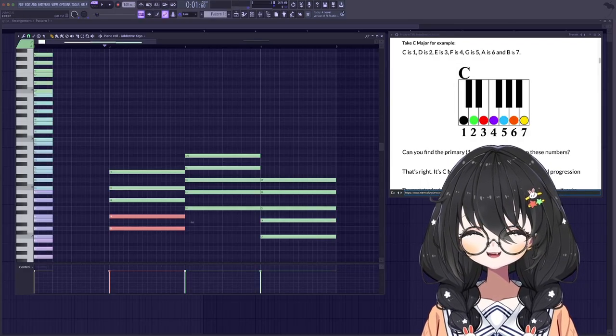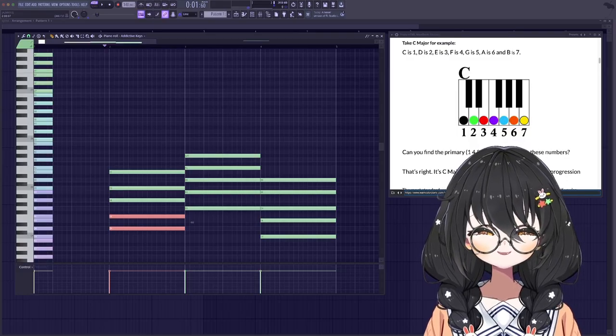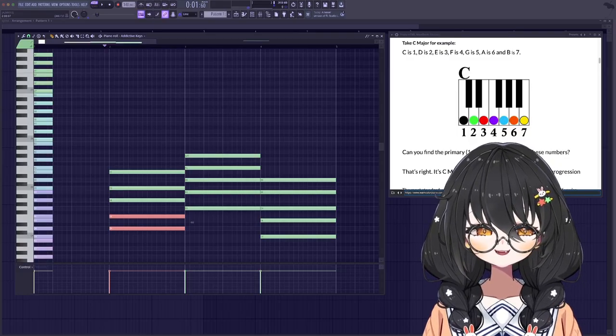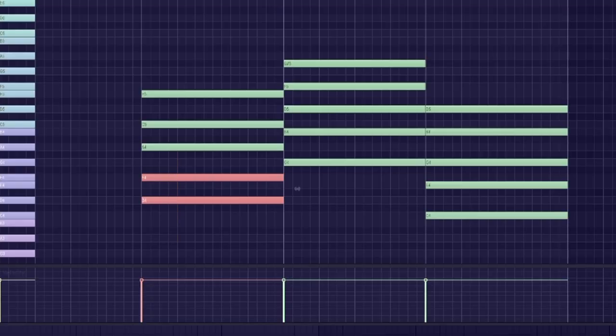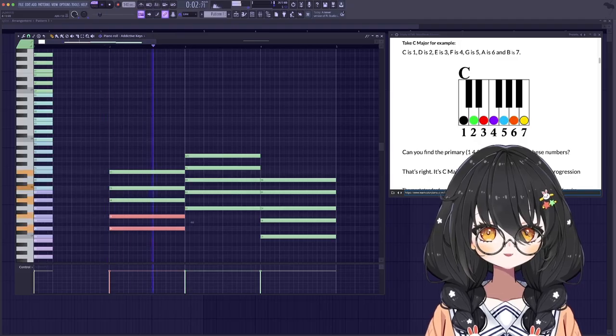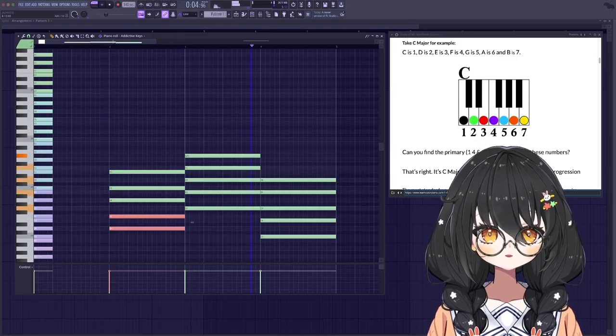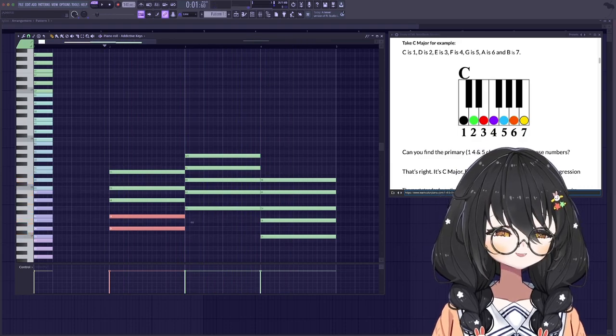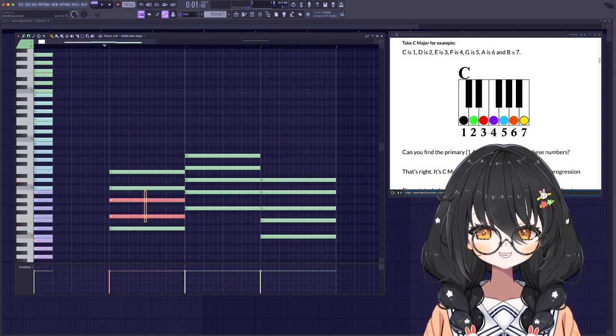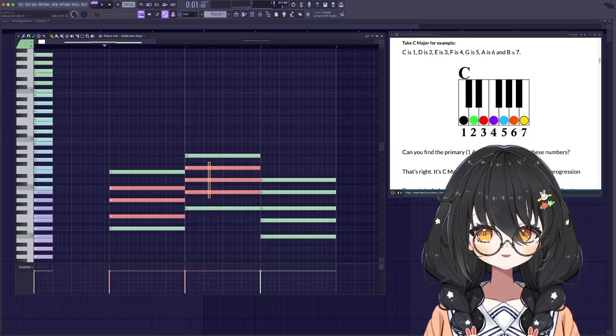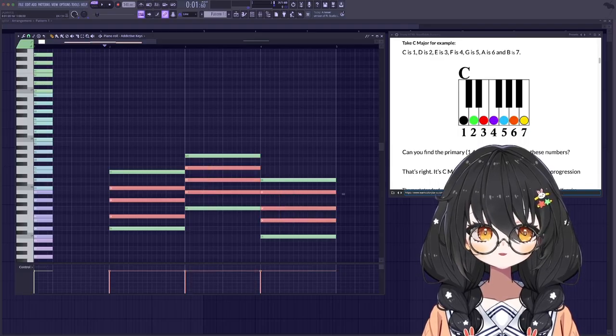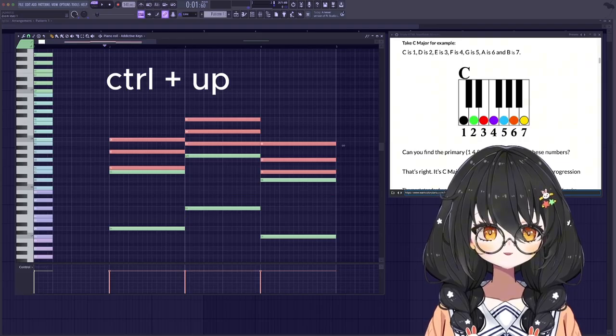That's a very beginner mistake. I used to make that a lot when I was writing this chord progression. So it starts with 2, 3, 2, 3, and then 3, stack a bunch of 2s on top, 3, 2, 3, 2. And if we want to brighten it up, we just select all of our notes in the middle, bring it up like that,